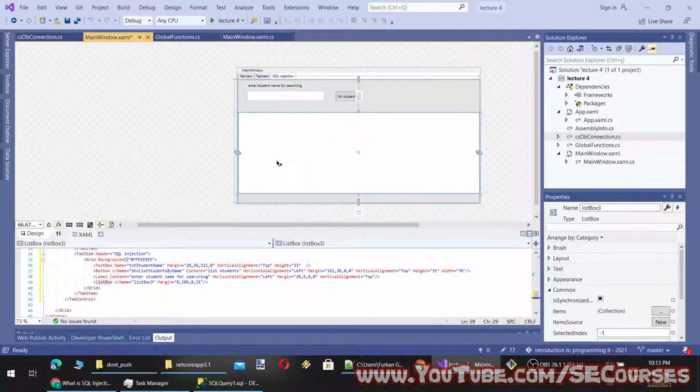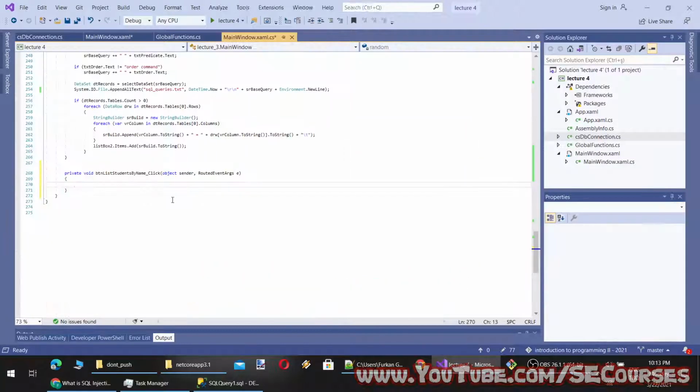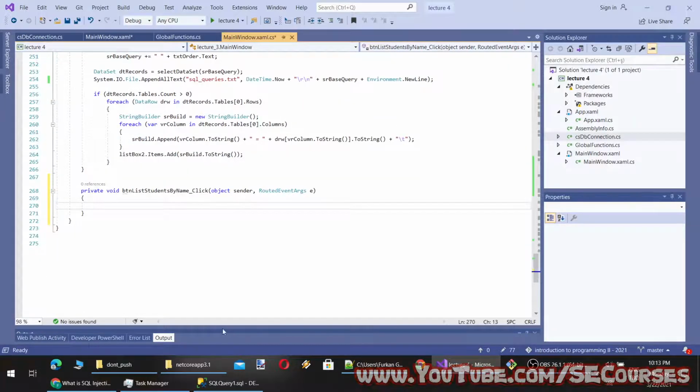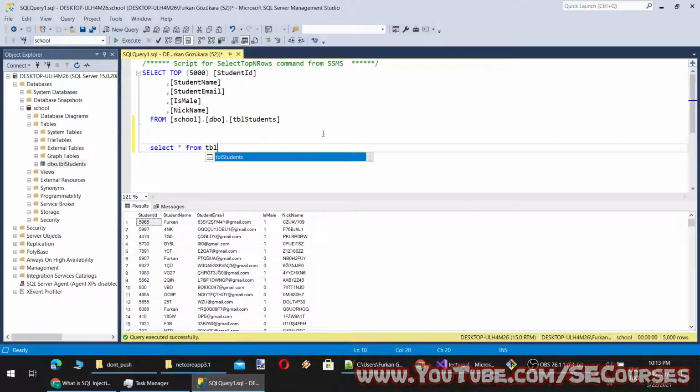And here we will do the listing with searching. So how would you write a query to retrieve students by name? It would be something like this: select star from TBL students where student name equals such and such, let's say this.